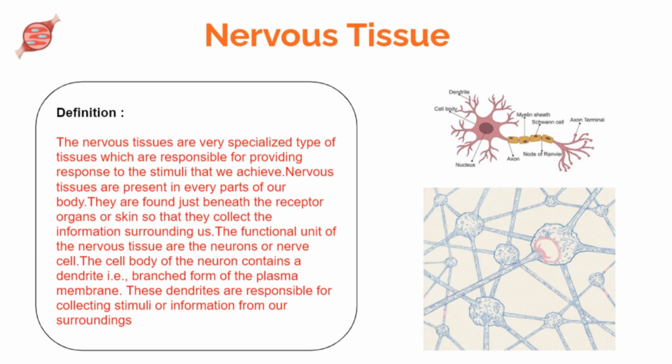The functional unit of the nervous tissues is the neuron. A neuron is a cell, which is a little bit complicated to see. We can actually see a neuron because of its large size. The cell body of the neuron, as shown in the figure, contains a dendrite, that is a branched form of the plasma membrane. These dendrites are responsible for collecting the various stimuli or various